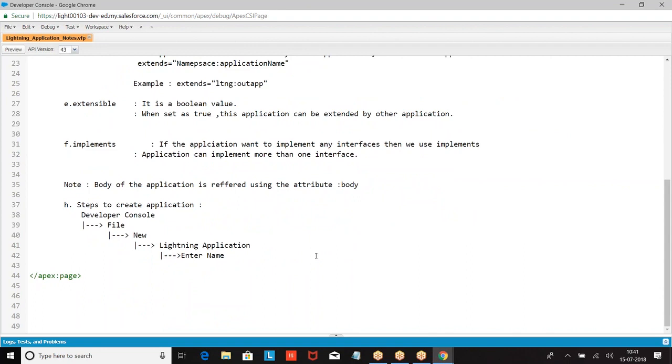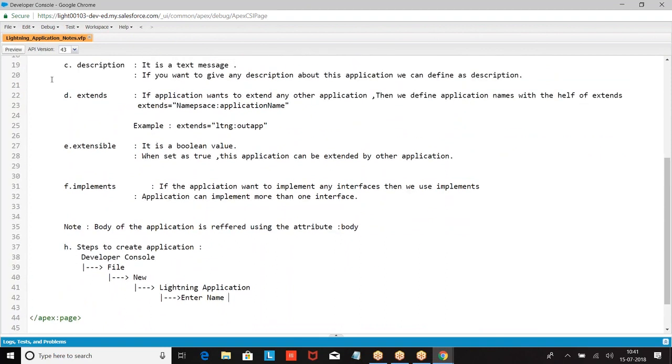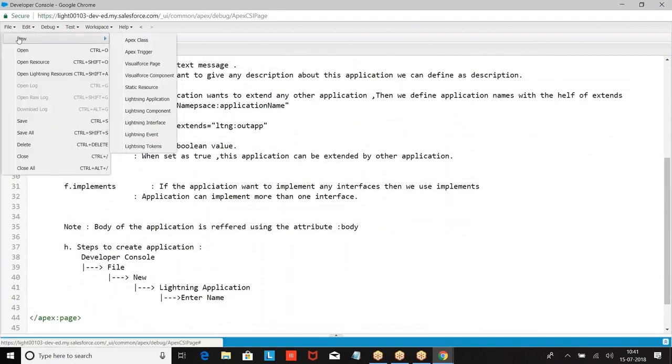File, new, Lightning application, enter. This is the format in which we have created. Now let us go to the structure. Everyone look at this. File, new, Lightning application.